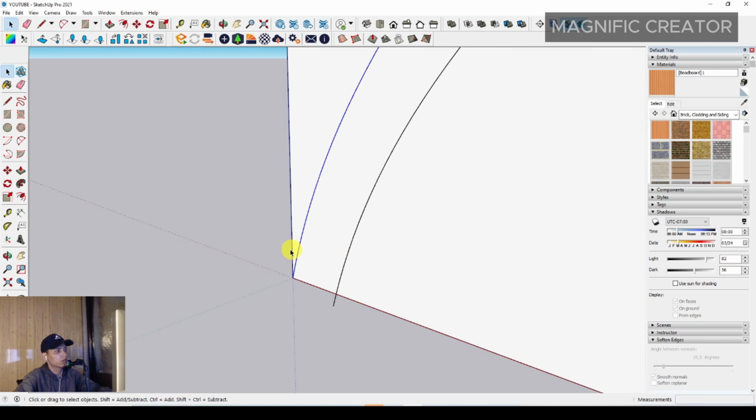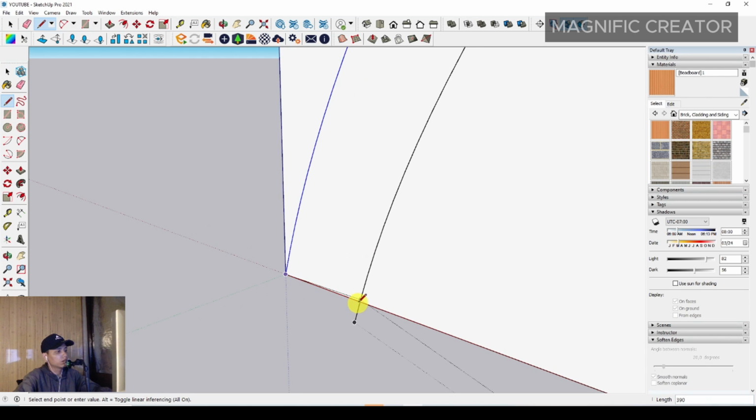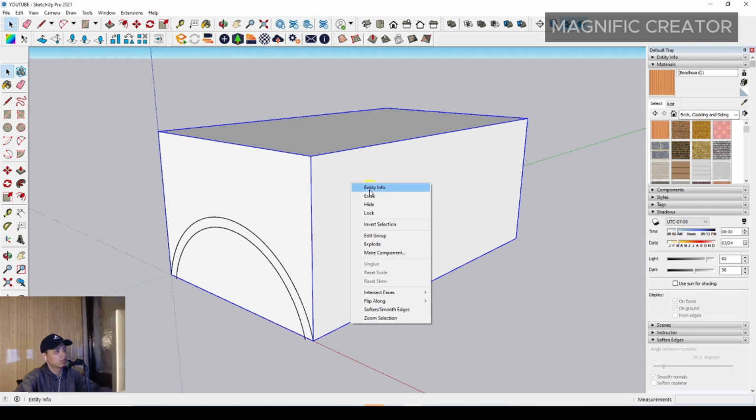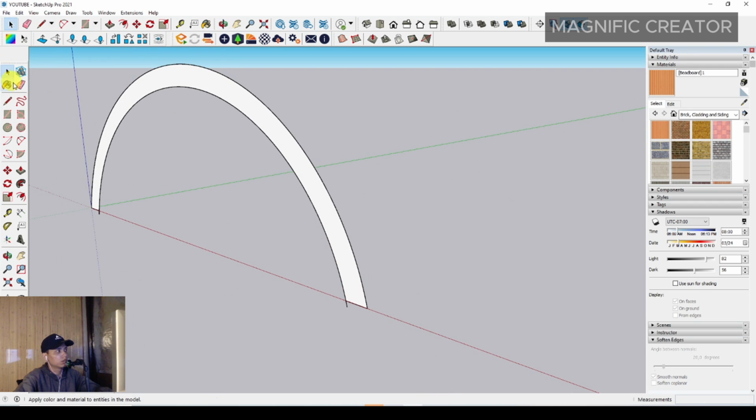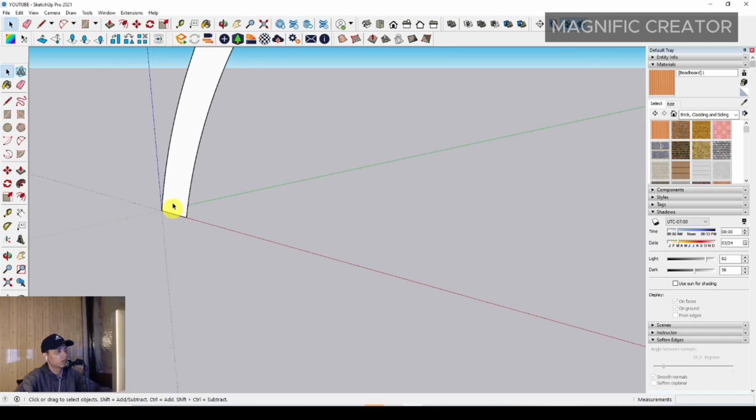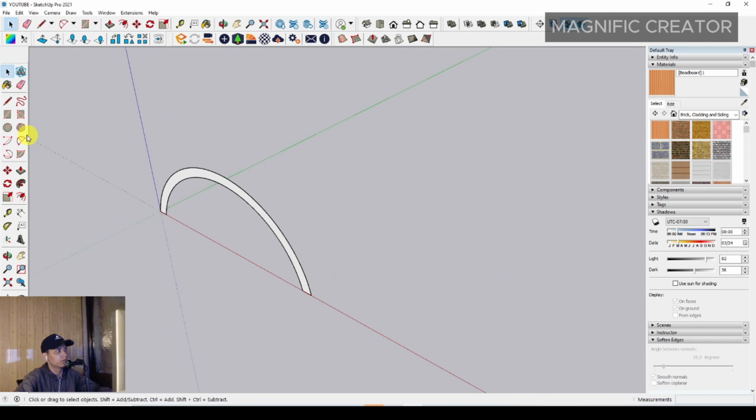We can just connect it. Okay, and then we can delete this unnecessary object. Then we can just delete this extension line and this extended line, and then we can make a